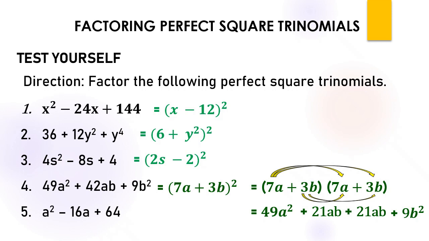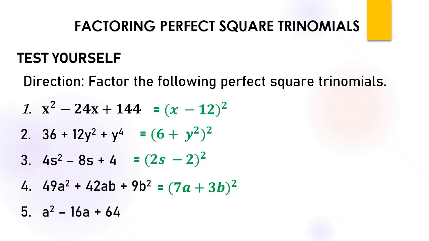And then to complete our answer, you add the terms in the middle, which are 21ab plus 21ab. So our answer will be 49a squared plus 42ab plus 9b squared. So we come up with the given expression. So this is now our answer. It means that our factor is correct. So next,